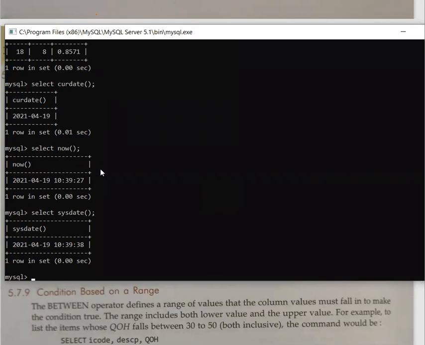Okay. Now see, there is a difference between these two functions, but if you see these two functions, you will feel that both of them are the same. But there is a difference we will discuss later on. What you have to understand is that if you are using the now function or the sysdate function, in both cases you will get today's date along with the exact time, whatever time is given in my system will be shown over here.